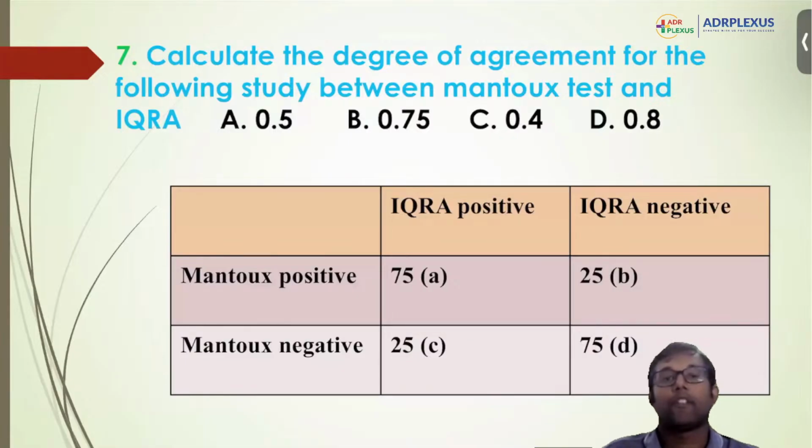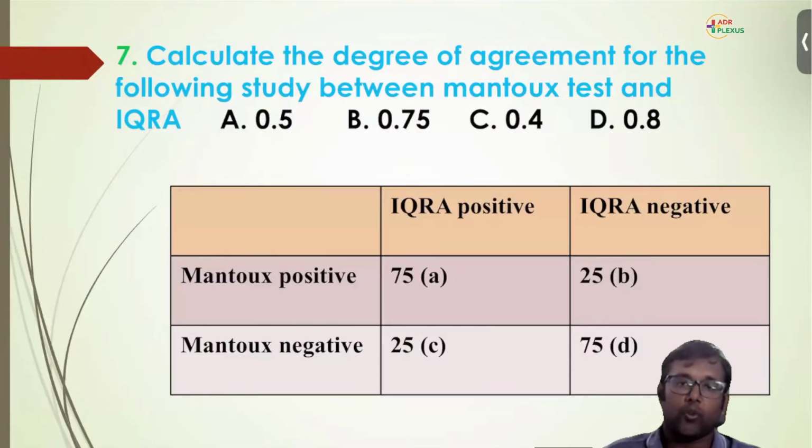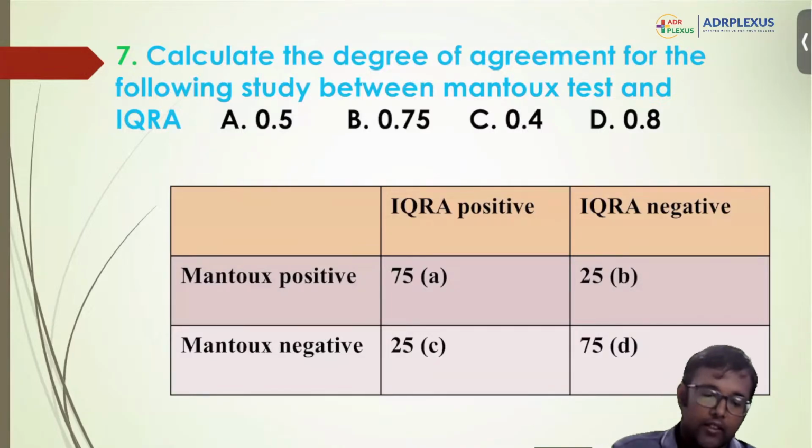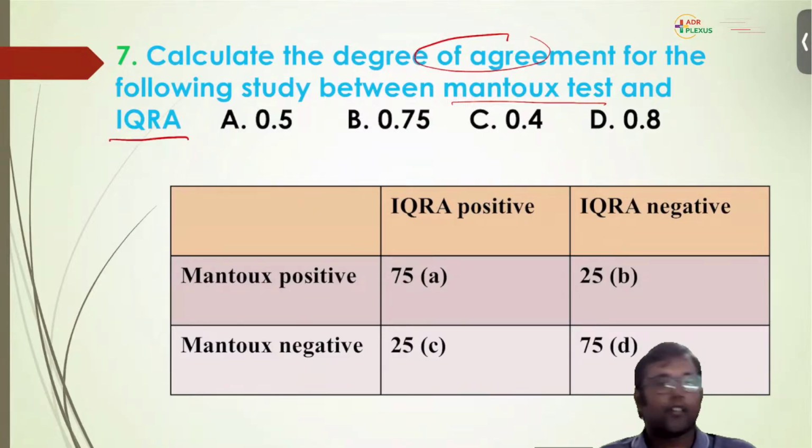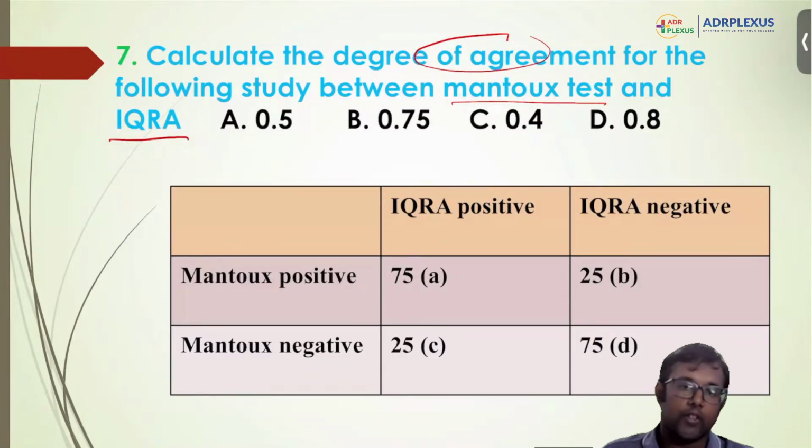So now, the next question is also a difficult question. If you are not able to know what this is, calculate the degree of agreement. See, for TB, they are using two tests like the Mantoux test and the Quantiferon assay, IGRA. Now they are asking what is the correlation between these two things. What is the degree of agreement? So how will you go